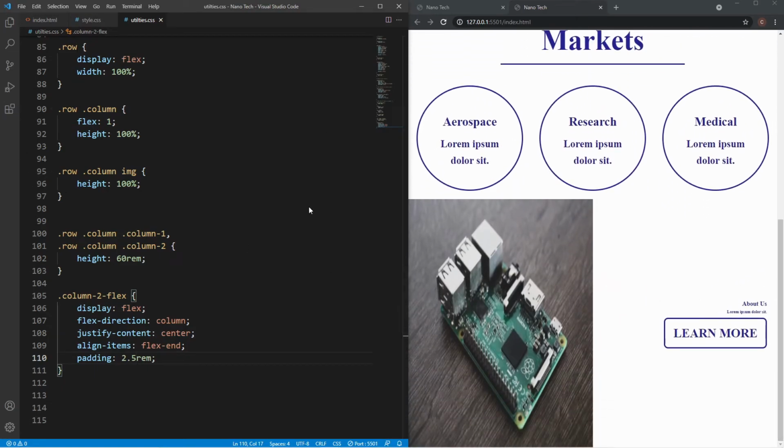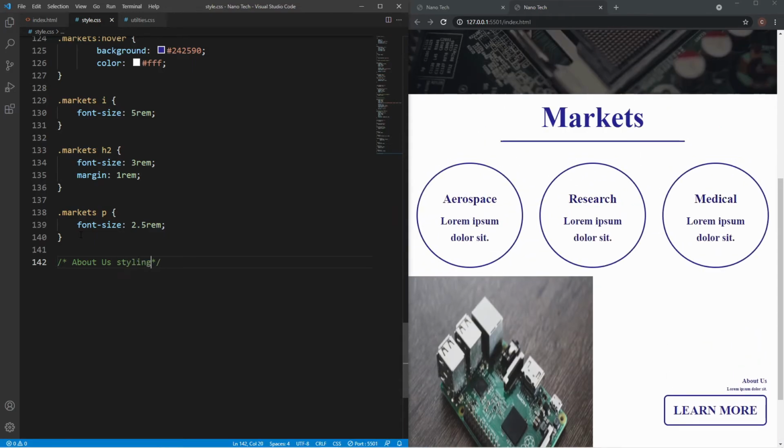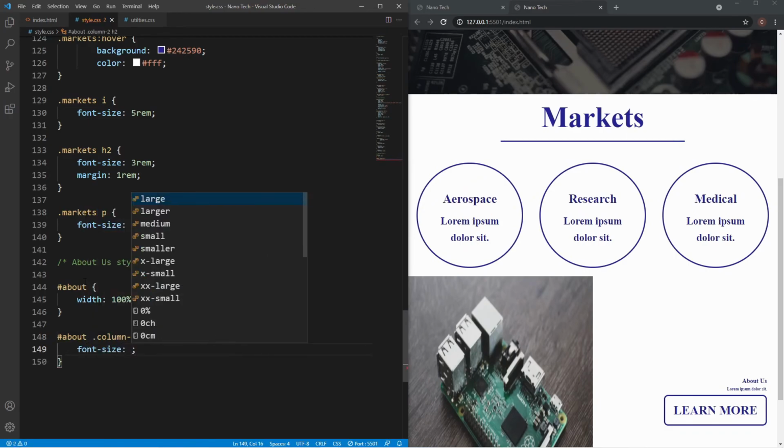Now what we need to do is style this little section here. So I'm going to go underneath the market section, and we're going to say about us styling, and the thing we need to do is let's first grab the ID of about, and make sure this has a width of 100%, and then also the H2, so it's about, and then column 2 H2, and make this a lot bigger, so font size about 7